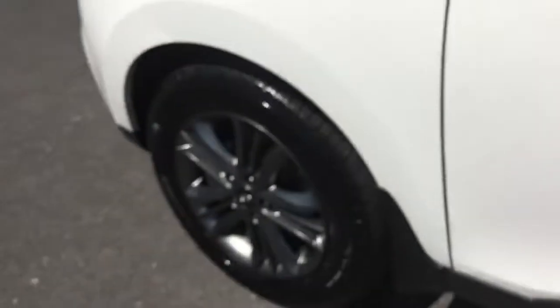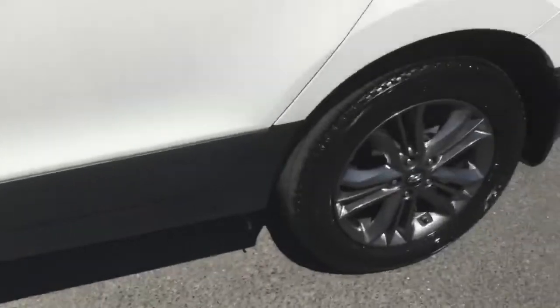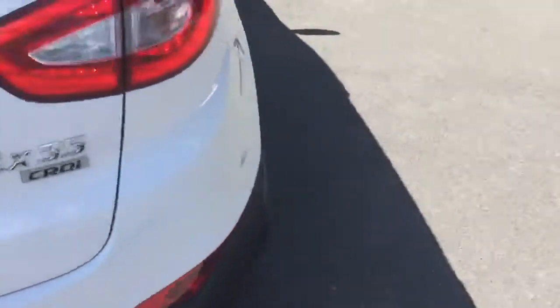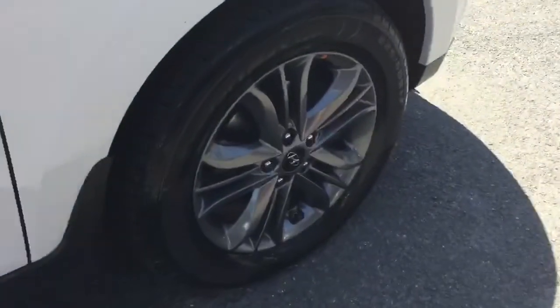And then looking at this wheel here, the camera's struggling to focus in the sun today. This wheel here in very nice condition as well. Moving around to this other wheel here, which is also nice condition. And similarly, this wheel over here, which is in good condition too. If we look around through to the back of the car,